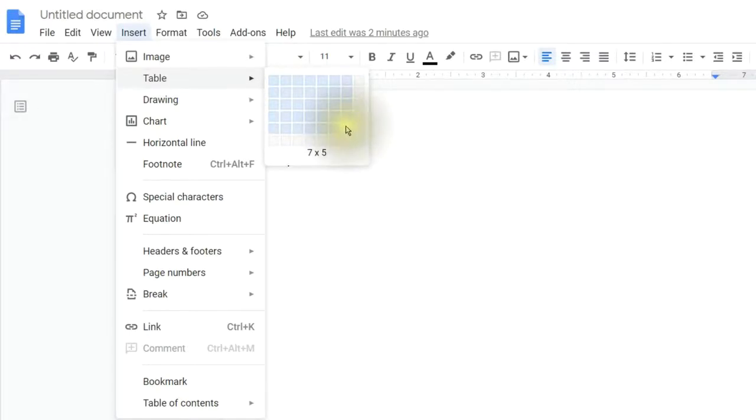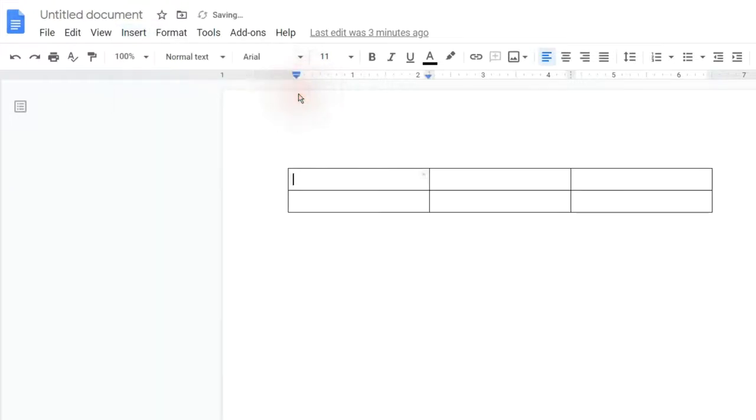Click on the last cell that is needed in your table, and the table will be inserted into your document. For example, if I want to insert a table that had 3 columns and 2 rows, I click on Insert, I float my mouse to Table, and I float straight across, and then I would go down to the last cell, and when I notice it saying 3 by 2, I'd click once on that cell and it would insert that table.